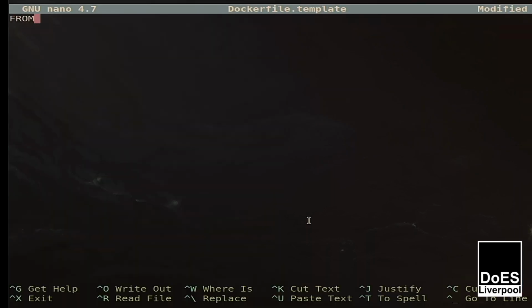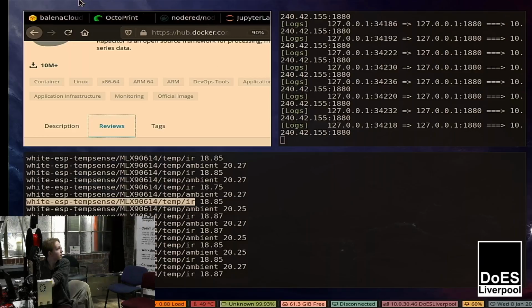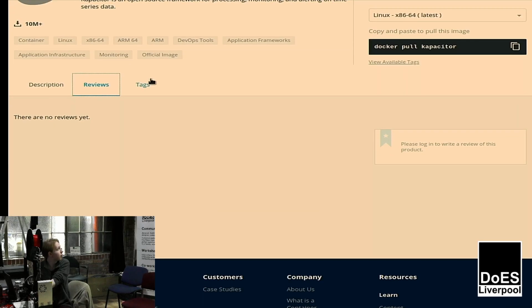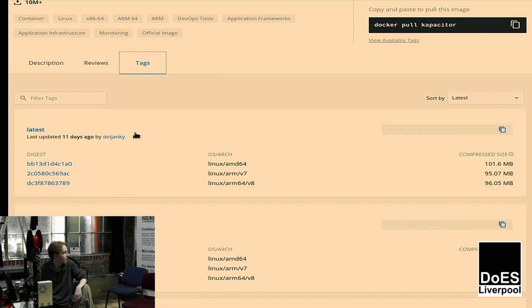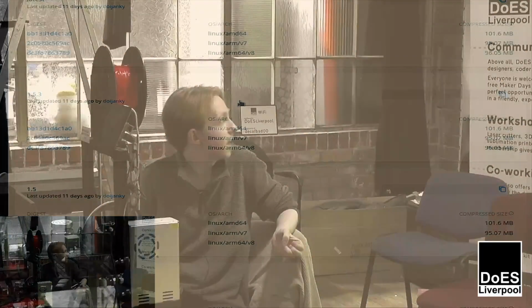Let's build our container from capacitor. Actually, that will work because it's an official Docker image. You can say what version you want. Most Docker containers have tags, and you can say what architecture you want it to be. You can say what version you want it to be. So for example, let's say you chose latest, and then you did a big update on your system, and everything